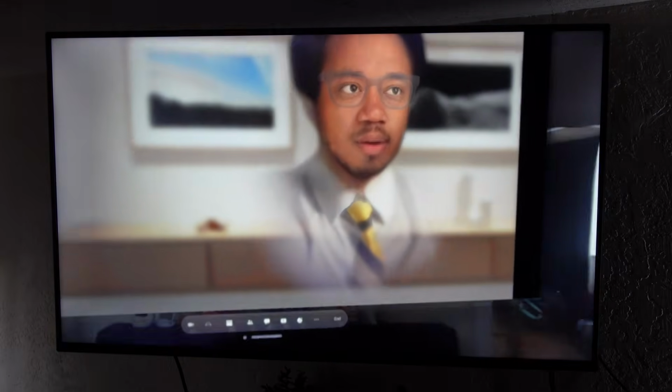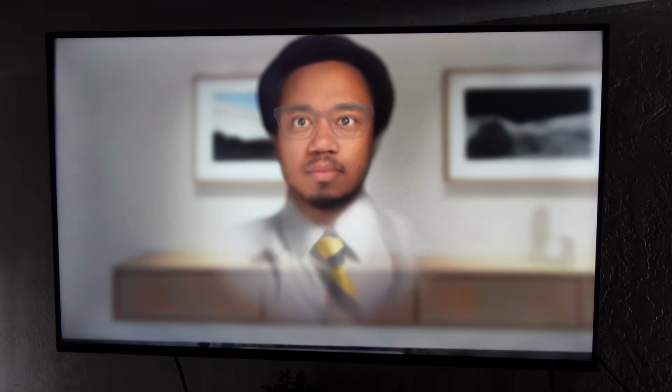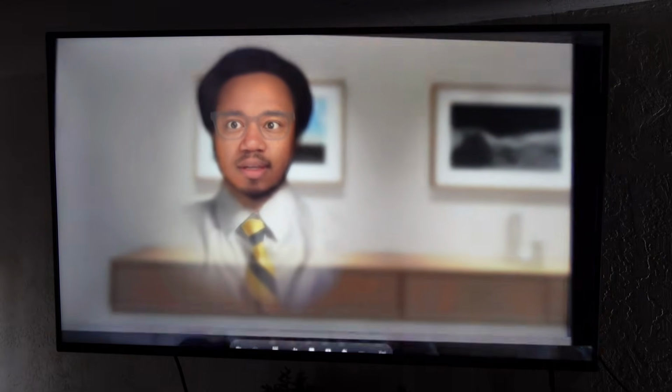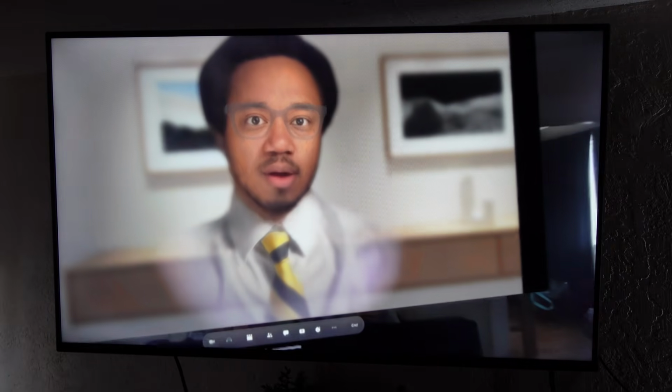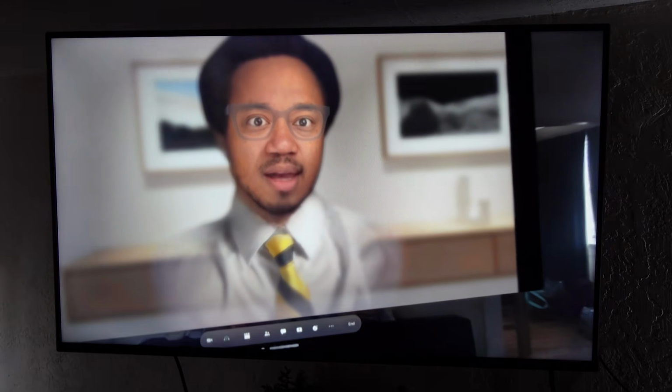But over time, they're going to improve this technology. They're going to make it better, and they're going to make it the best use case as it proceeds. One of my favorite features of this, though, is that it can even detect your tongue when you stick it out. So if I stick my tongue out,